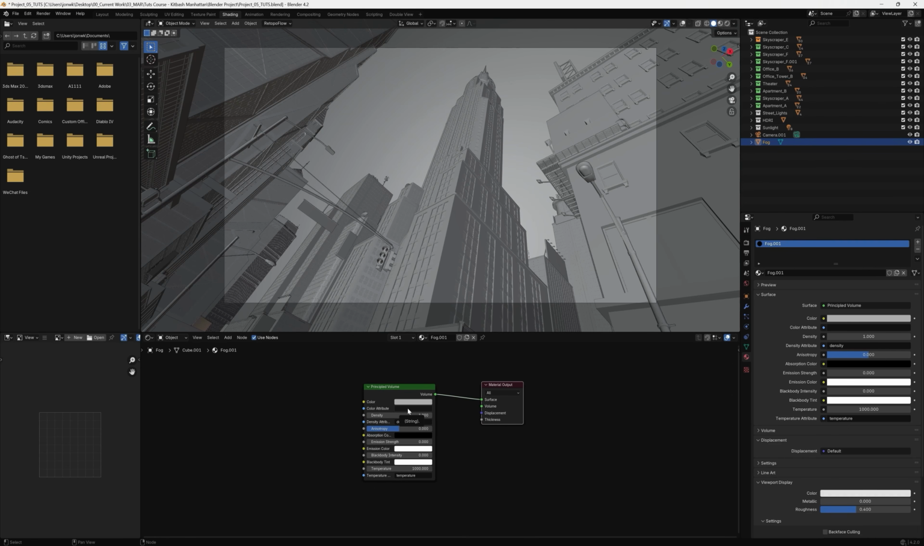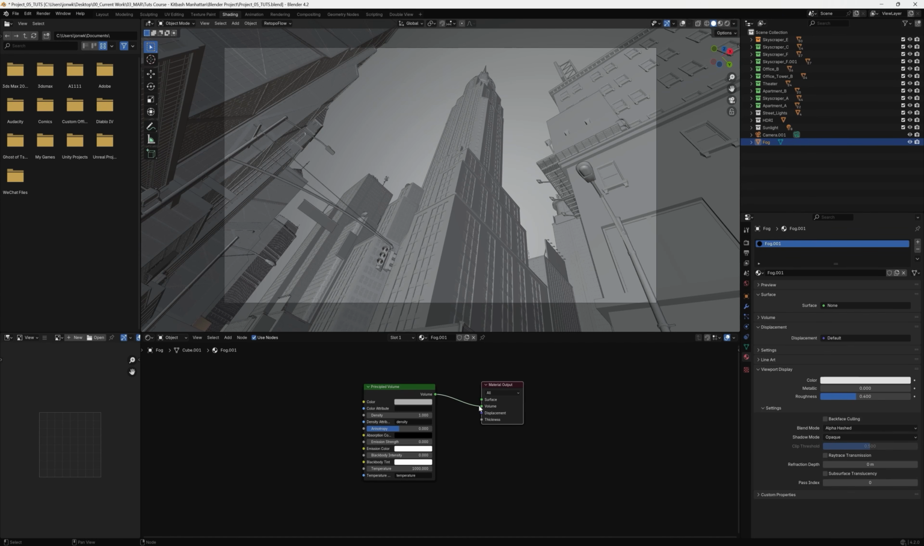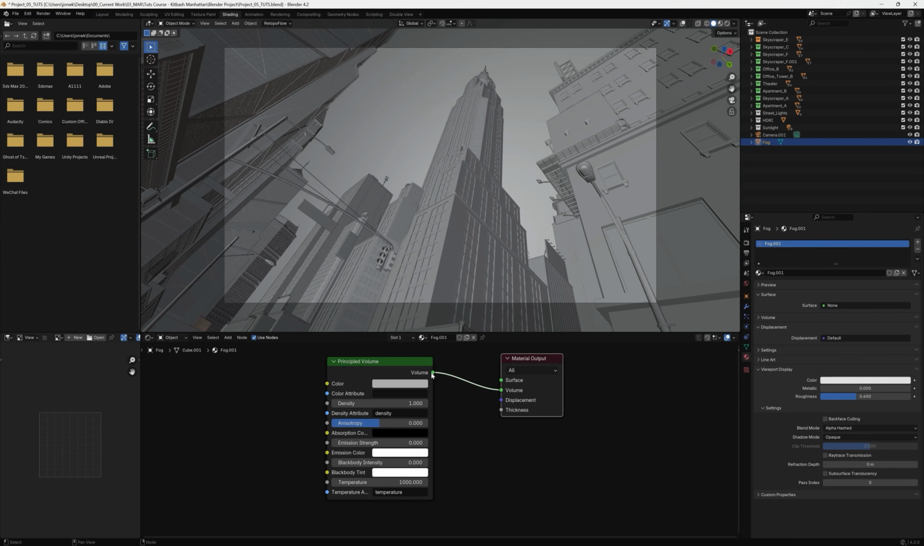And then in the shader editor, let's go ahead and select the volume, and we want to change it from surface to volume, like that. So make sure the volume is connected to volume. And then from here, it's all about adjusting the values of the principled volume node to get the right look that we want. So in order to do that, let's go ahead and switch from viewport shading to our rendered